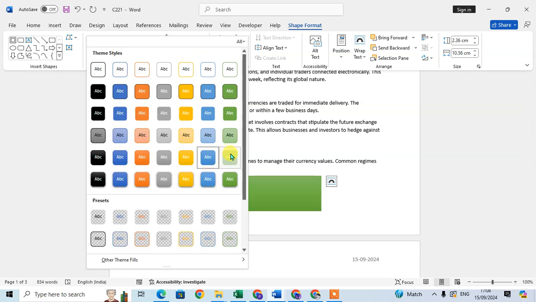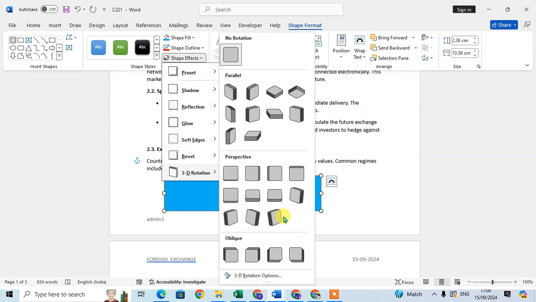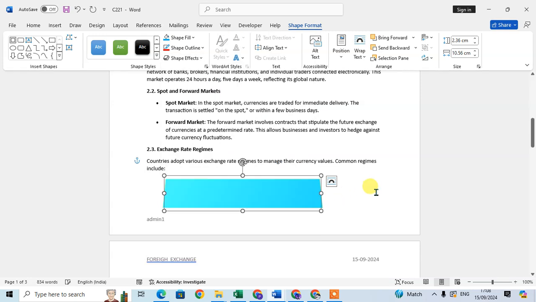Okay, so I select this one. You can fill the shape with a different color here. You can use the shape effects, the 3D effect, rotation effects here. Okay, and other formatting options are also available: the position,